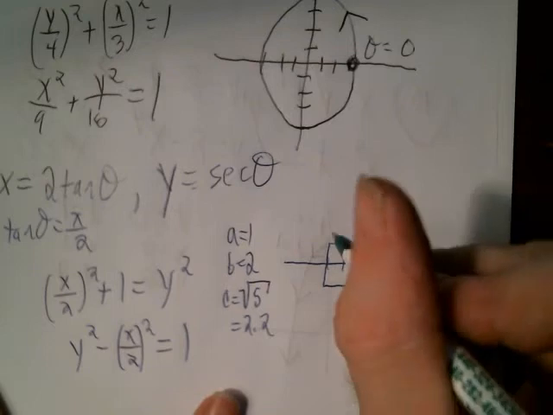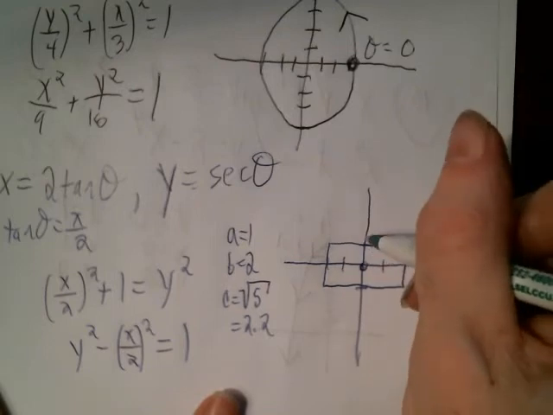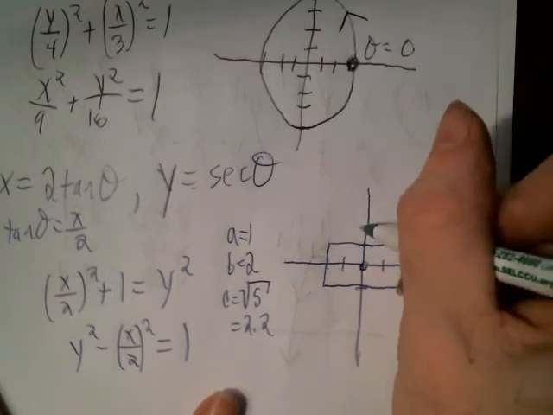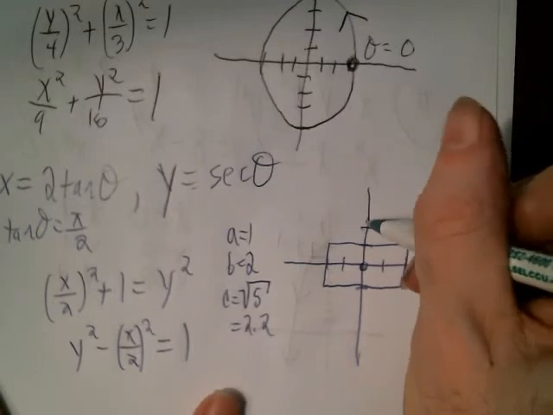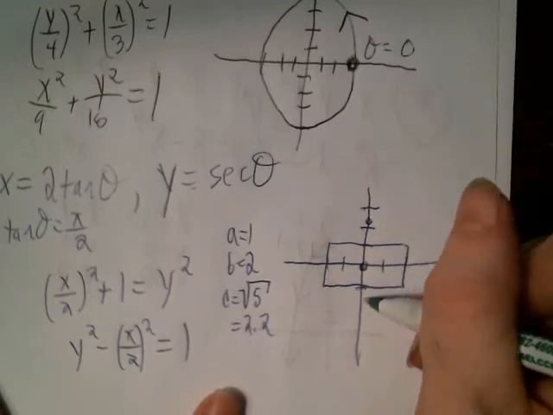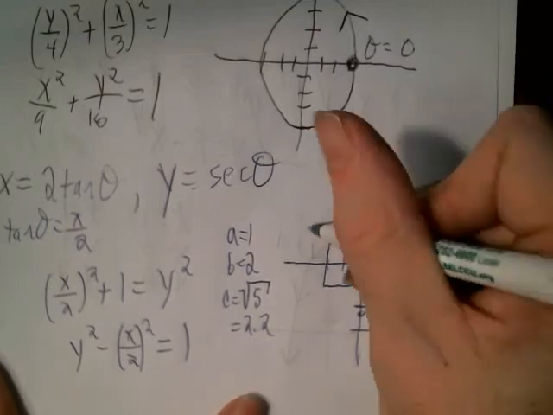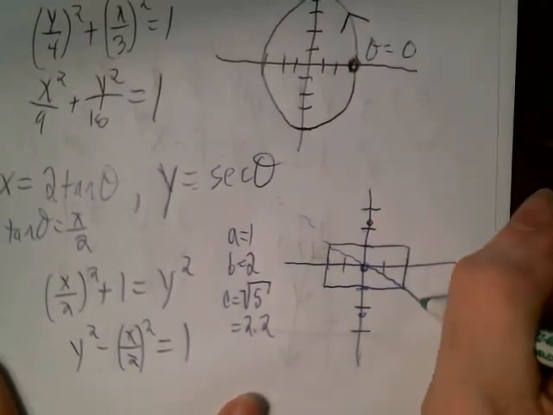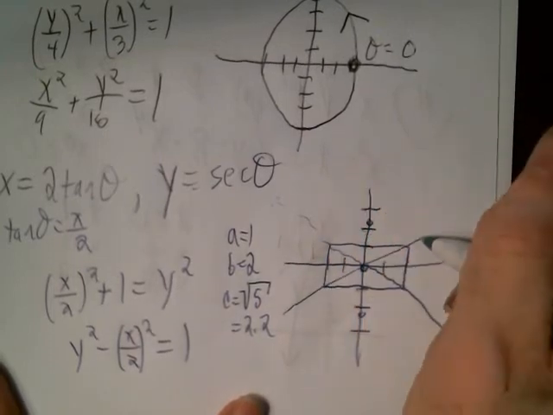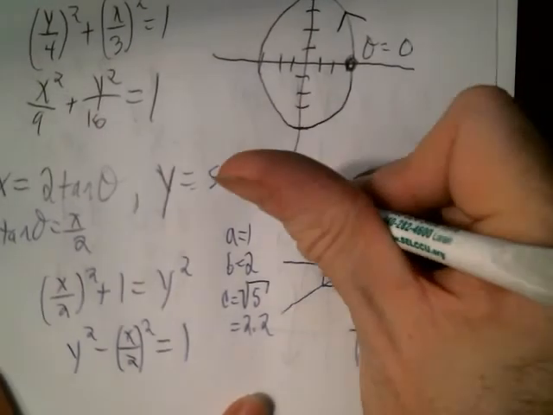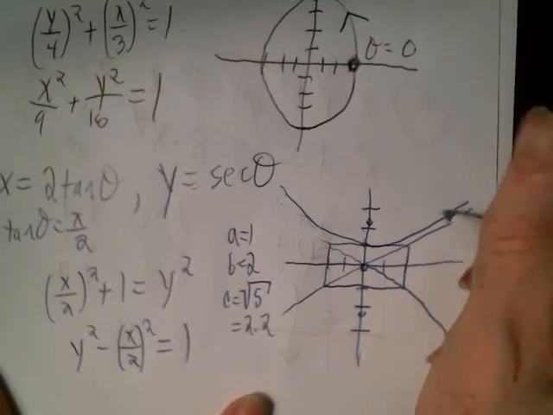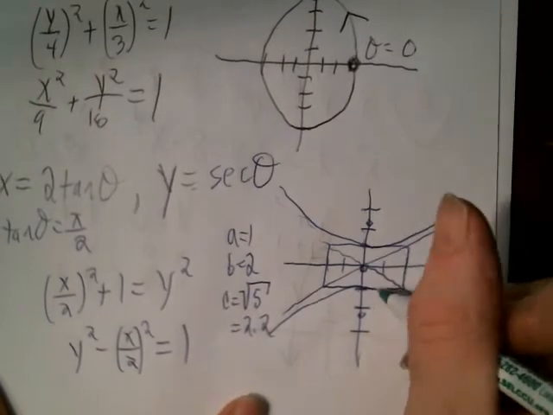The foci are at (2.2, 1), (2.2, 1). And so let's get my asymptotes in there. And my curve will look like this. Probably the hard part then is